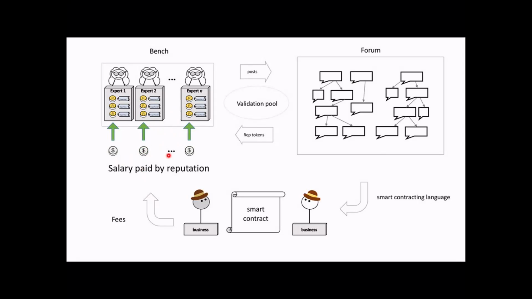Everybody shares in the fees based on how much reputation you have. So if expert 1 has 50% of the reputation tokens and expert 2 has 10%, then expert 1 gets 5 times as much of the constant salary that's brought in by the DAO. And the expert who actually did the work doesn't get the money directly. They only get money based on how much reputation they have. So it's a long-term goal here. You don't get the immediate value.